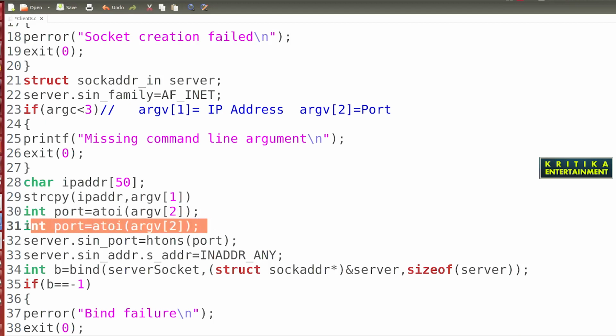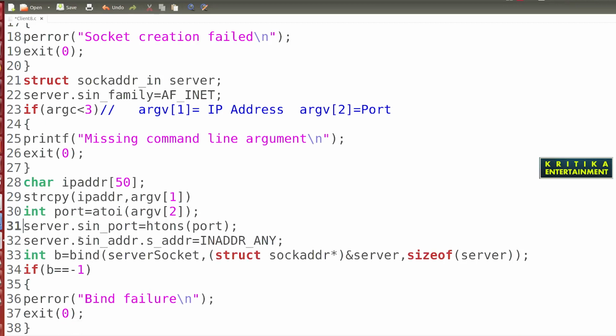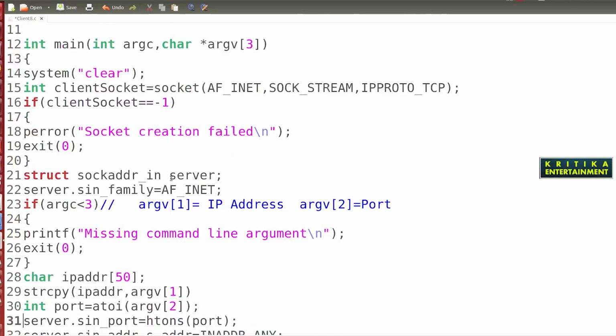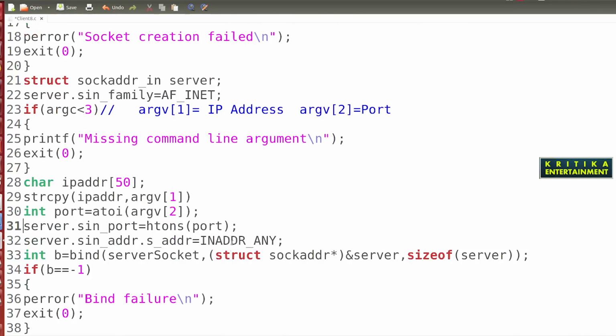Here I have already written, so I will remove this. Since it is the server port, here you can write int port is equal to atoi. These things you can write also. Then when we initialize this, how to initialize?